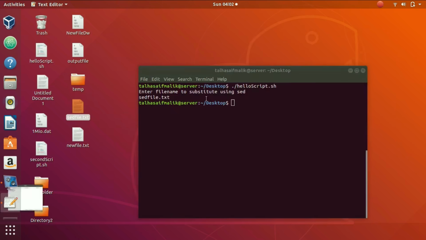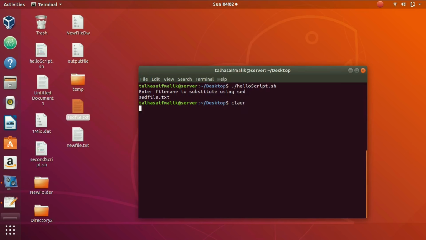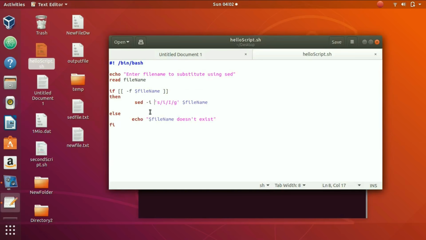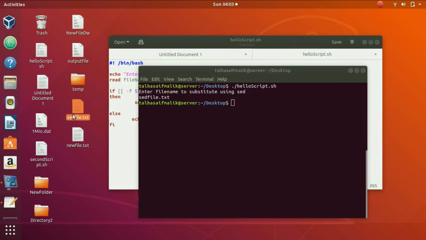There is another thing that you can do, and that is you can replace whole words as well. Right now, I think we have replaced only a single letter, but you can replace complete words even. So let's say we want to replace Linux with Unix. If we save it, go back and run our script, enter the file name sed file.text, hit enter, and go back to our sed file,